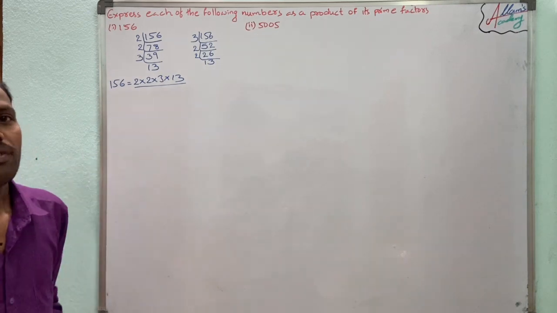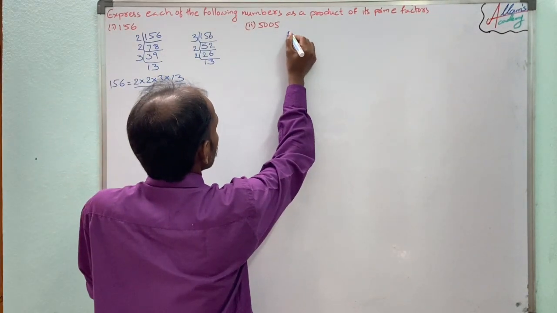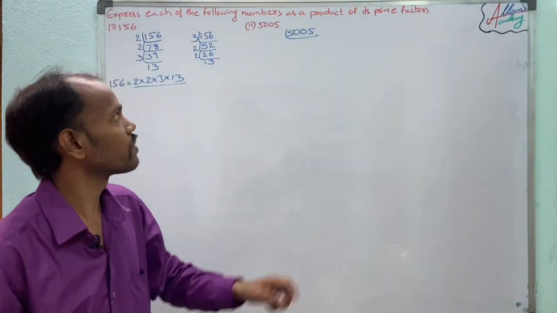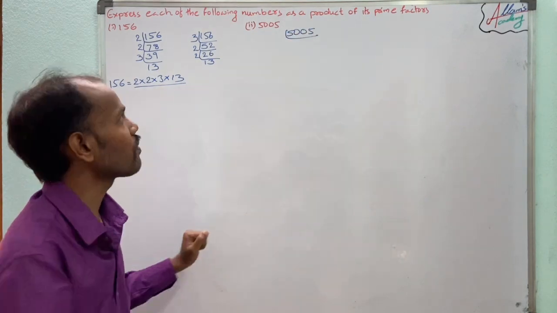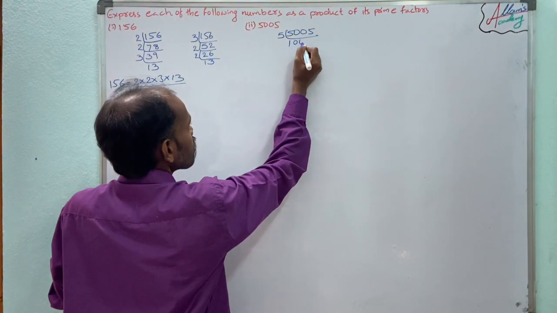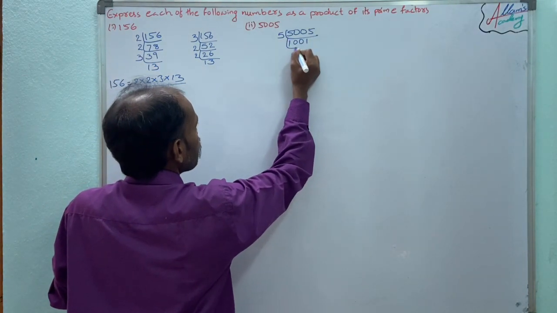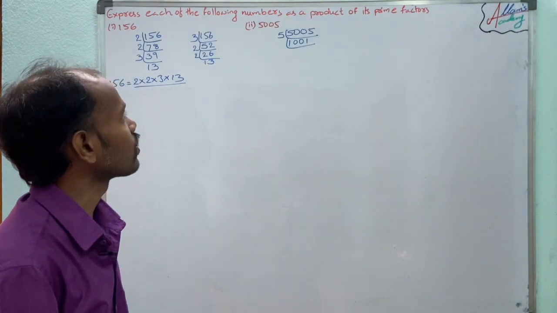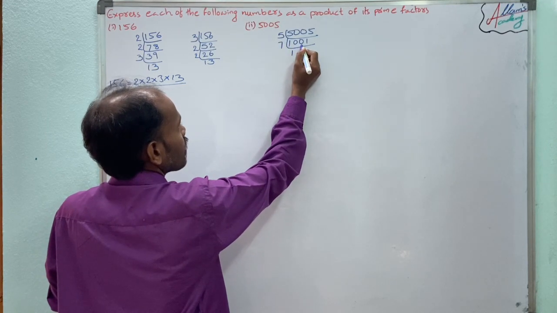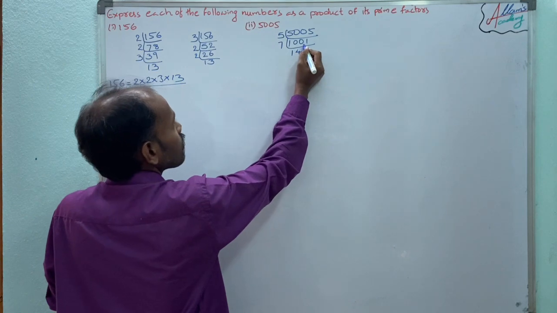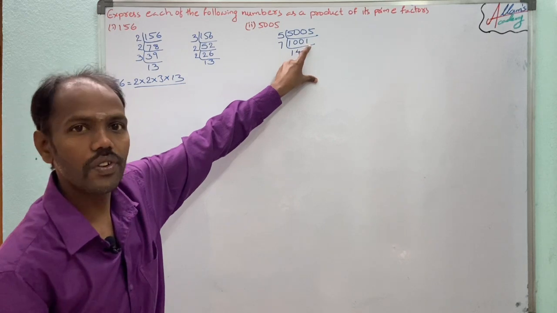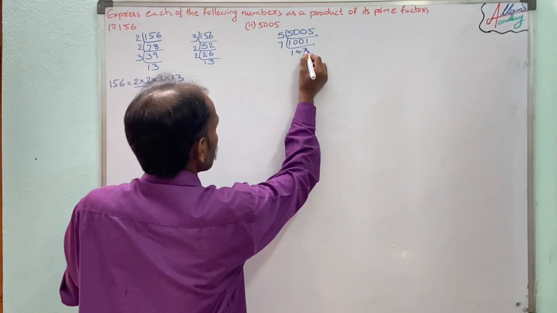Now we see the prime factorization of 5005. Here the last digit of the given number is 5, so from our divisibility rules, we know it is divisible by 5. 5 ones are 5, and the zeros will not go. Next, 5 ones are 5. Now 1001 will go in the 7 table. 7 ones are 7, 30 remaining. 7 fours are 28, so 2 is the remainder. Then 7 threes are 21.